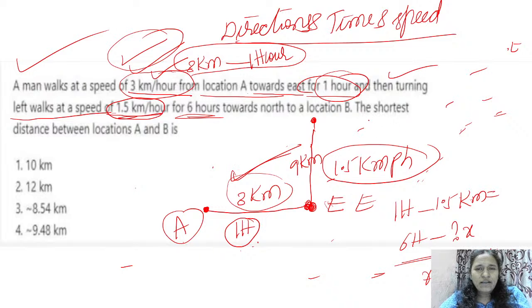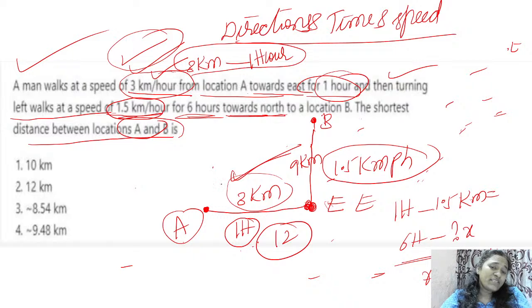The question says towards north. It is a point B. The shortest distance between the locations A and B. If he were asking the distance between A and B, we could say 12 kilometers. But he is asking the shortest distance. What is the shortest distance between A and B? Now we have to apply here the